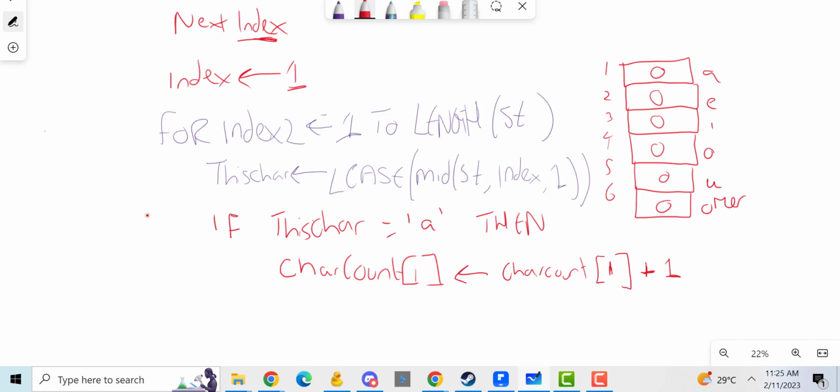So this means we're adding 1 to that. And I'm going to do the same for else if. I'm not going to do all the ifs because you get the idea. So else if this char equals E, and then we're going to do char count 2 plus